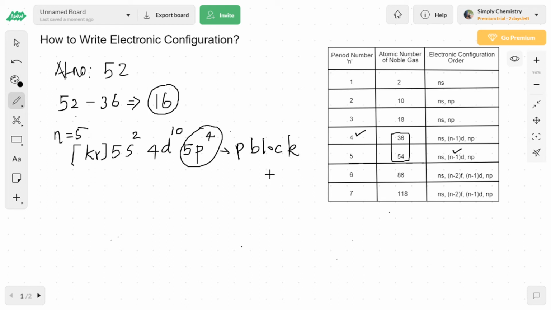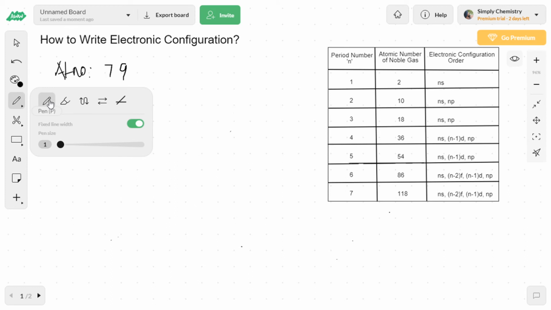So let us see one more example. So we are trying to write the electronic configuration of atomic number 79. So we know the steps. So it belongs to this category. So we are subtracting 79 minus 54.